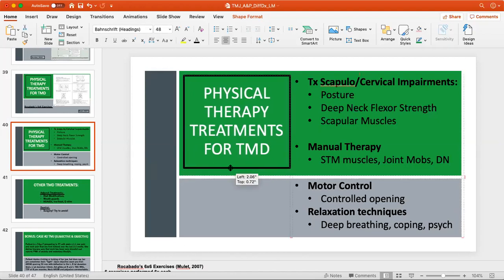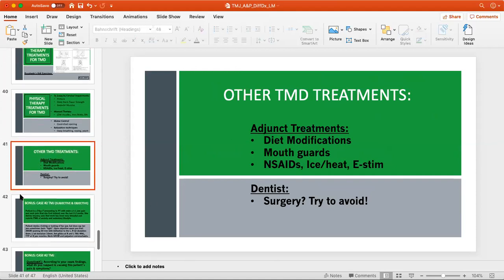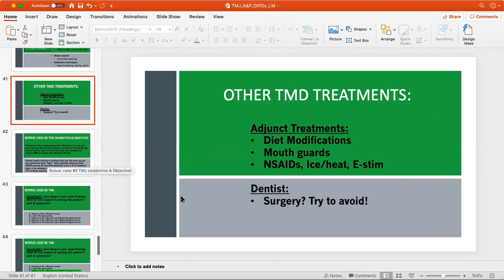Another slide with some ideas on PT treatments for TMD is you're gonna treat the neck and scapulothoracic region because of its relationship. The manual therapy, you really want to treat those muscles and restore health in those muscles. Motor control, relaxation, because of its contribution to symptoms. And then you could do adjunct treatments. So diet, mouth guards, treat pain with modalities, work with your other healthcare providers. If a dentist needs to be involved,